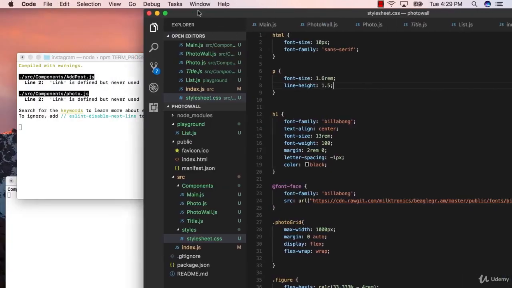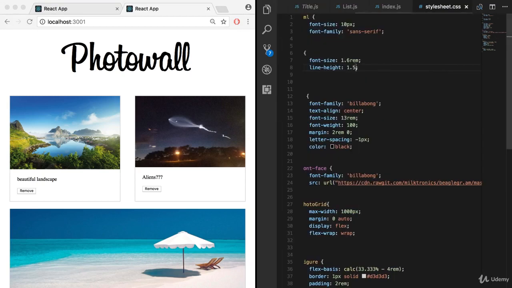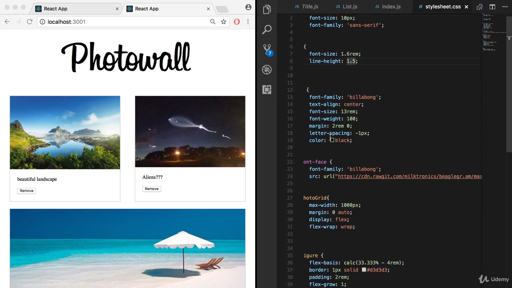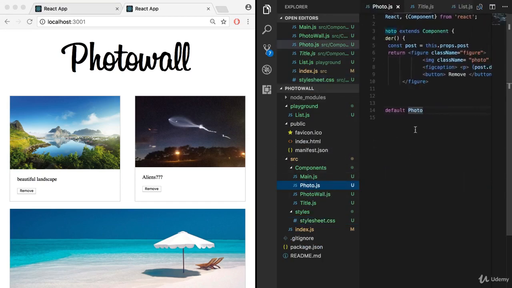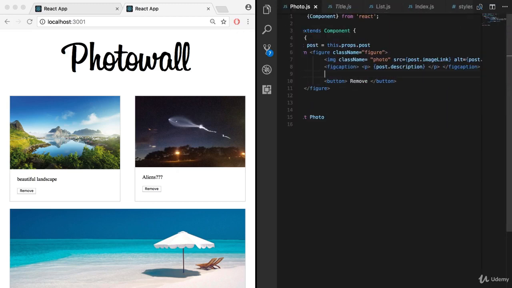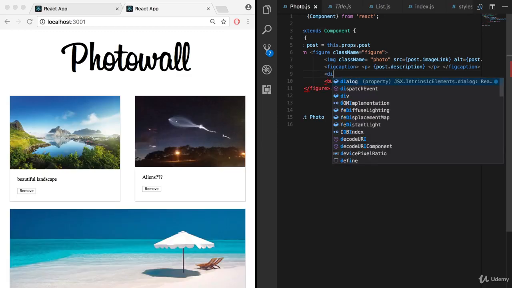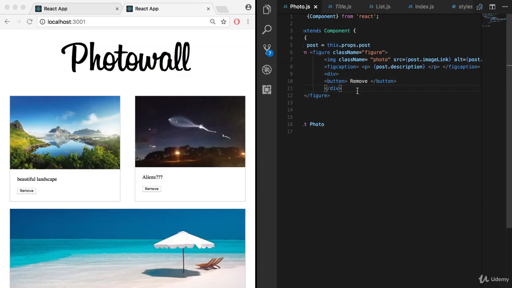Let's just put this side by side with our browser to see what's going on. And this is looking pretty good. Now for the remove button, let's go back and enclose it inside of a div. If I just go back to photo.js and collapse this, place it inside of a container, div, and closing tag div. And you can't really see a change, and that's because all we did was enclose it inside of an empty